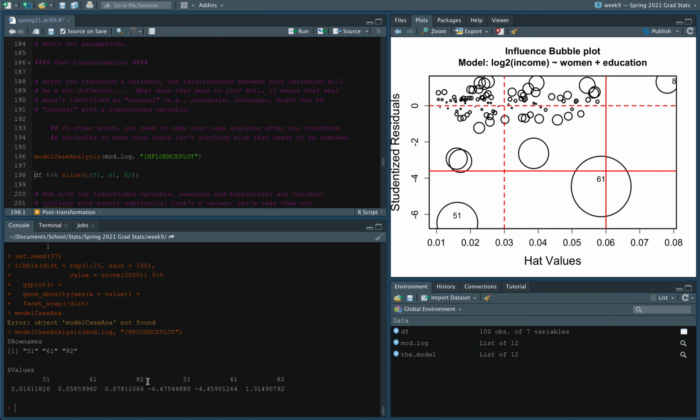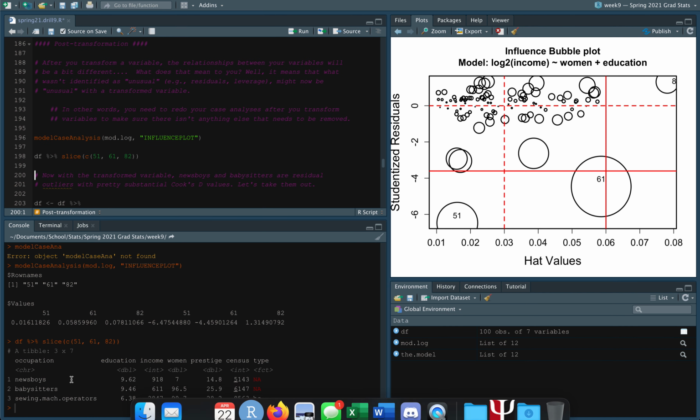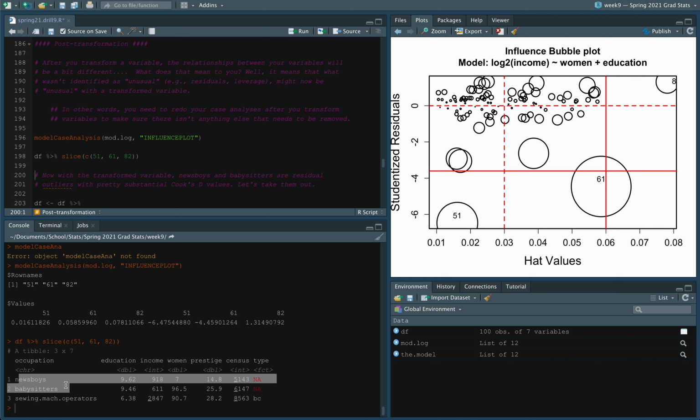we see that's 51, 61, and 82. Now, if you had to take a guess, this one over here, 82, if you recall from last week, we had one particular thing that had very high leverage. It was an unusual combination of predictors, but the residuals weren't far off. It didn't mess up our model too much. It wasn't too far off. And that was our sewing machine operators. So if we want to see what 51, 61, and 82 are, we slice those 3 rows, and we see that those are newsboys, babysitters, and sewing machine operators. So that is, in fact, that same variable from last week,